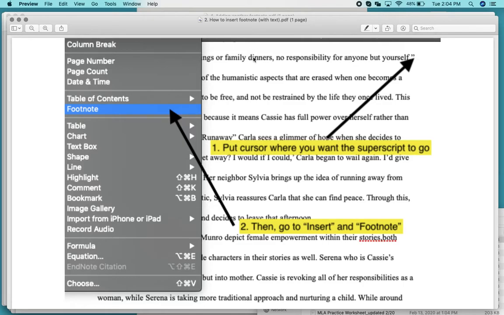Okay, so like if you use a direct quote, and if this were MLA, I'd be putting a parenthetical citation here. This is where I'm going to put the footnote. Okay, so I put my cursor right there. And then again, I go to Insert, Footnote, and